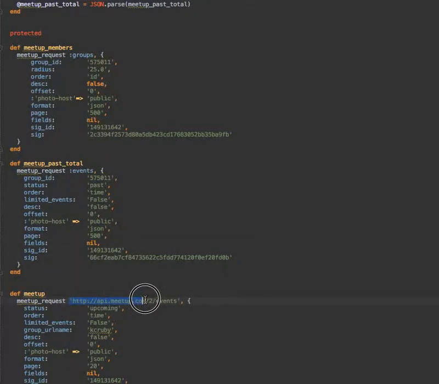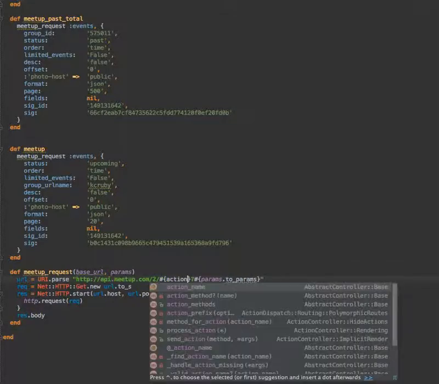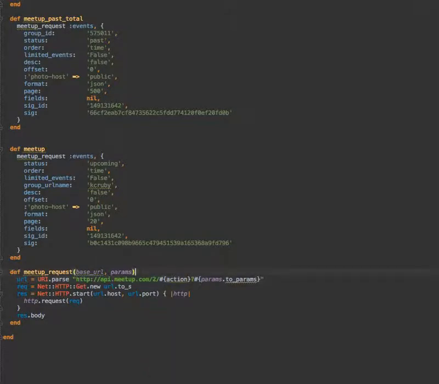Remember, I've copied into my clipboard this main prefix part. You might not have, I didn't really say that, and you wouldn't know that if I didn't tell you. So now that becomes my base URL, and this is not really a base URL anymore. It's my action. Okay, so look how much cleaned up that is already.